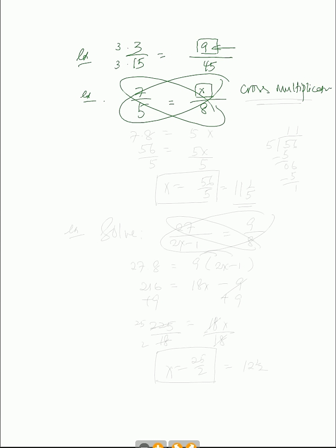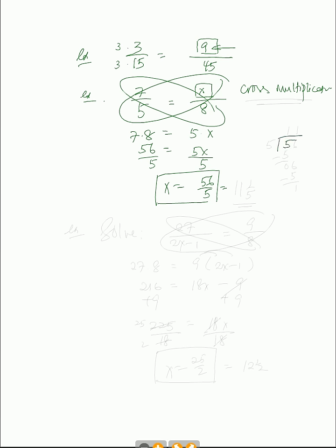Okay, and what that means is the denominator on the left side will multiply by the numerator on the right side, and vice versa. So it becomes 7 times 8 is the same as 5 times x. Okay, and so this is 56 and that's 5x, and if you divide both sides by 5, it will tell you that x should be 56 over 5, which you can stop there, okay, or you can continue and do your division,